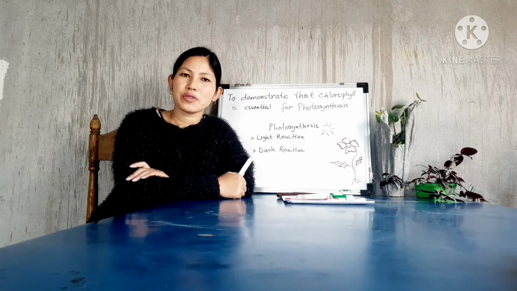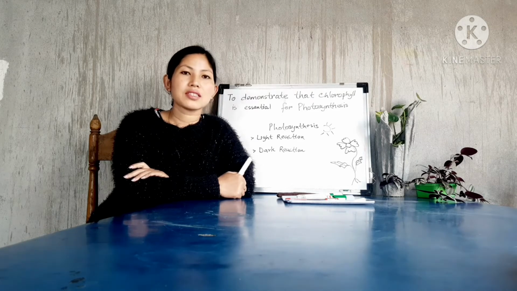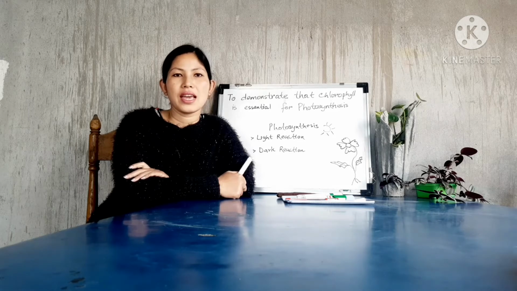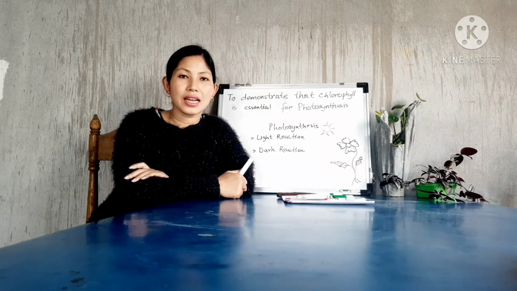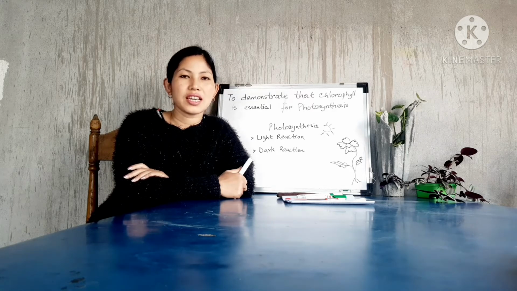in presence of chlorophyll. So the process of photosynthesis can broadly be described under two major steps: the light reaction and dark reaction. As the name suggests, the light reaction involves the utilization of light energy. Here the light energy, which is a physical energy, is converted into chemical energy, and it results in the photolysis of water, which releases oxygen gas, which is a waste to the plant, so it is released through